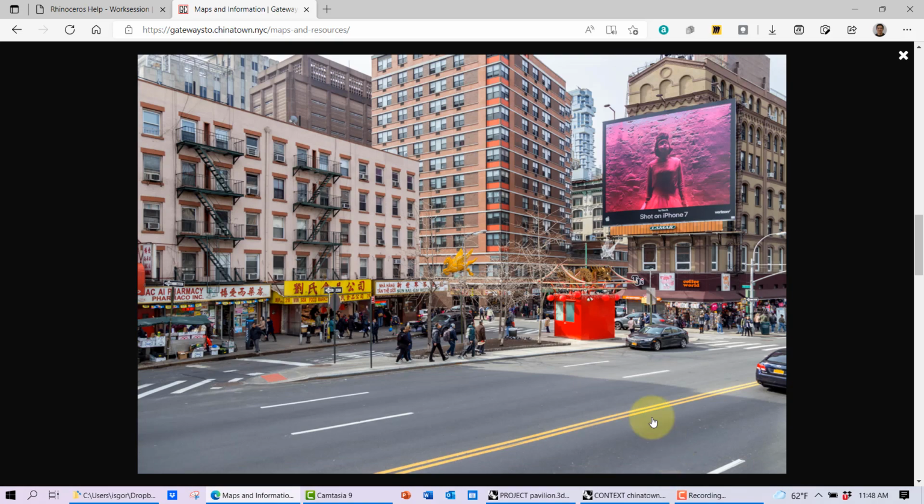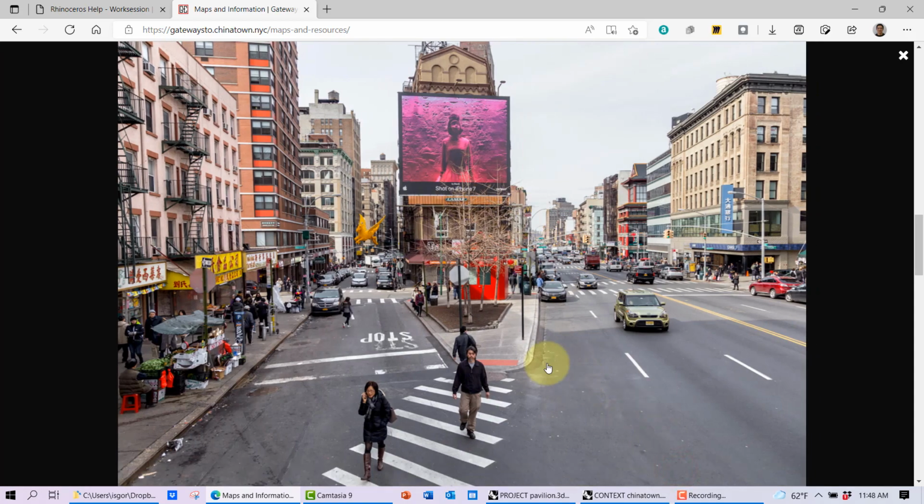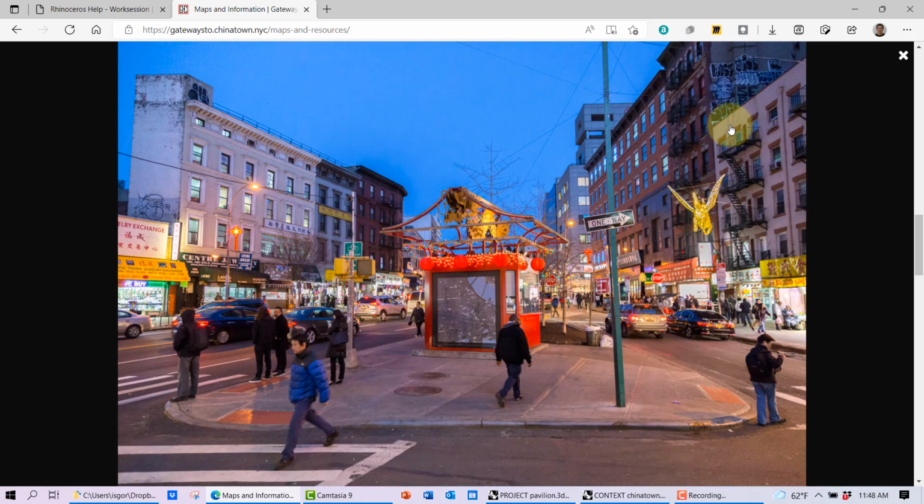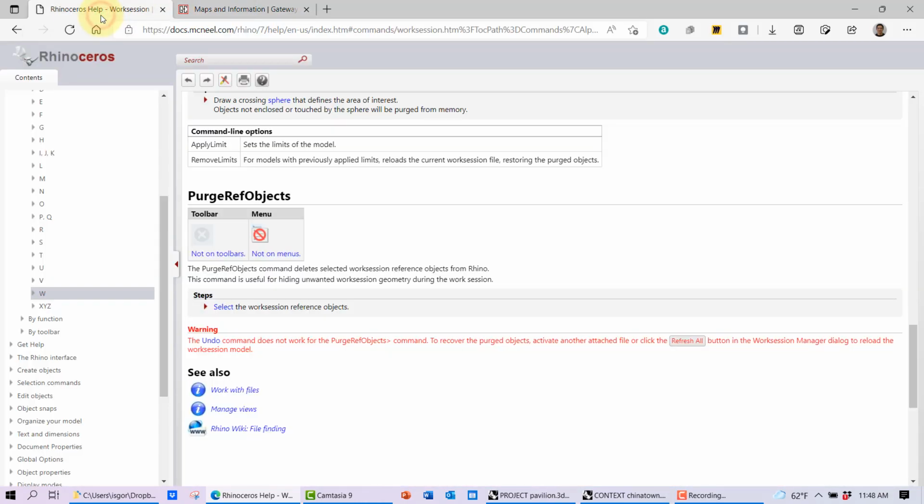of designers working on the project, one person potentially working on studies for proposals for the actual pavilion, and maybe another set of team members working on the existing context. And these things can happen simultaneously. The benefit of work sessions is that everybody can see the current state of the project by referencing in their RHINO files. So work sessions